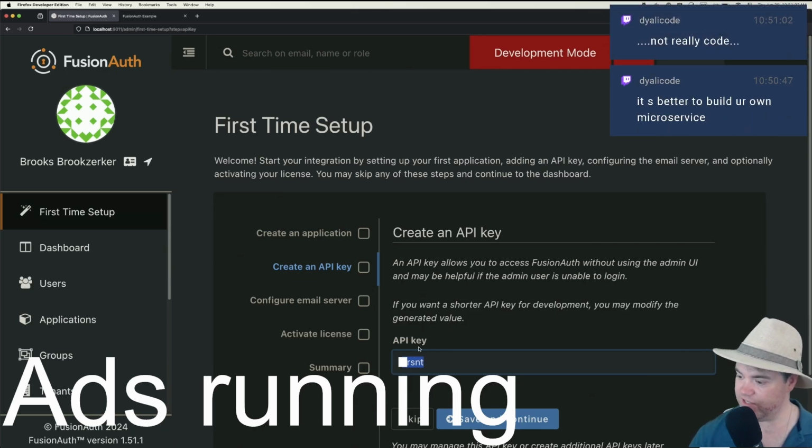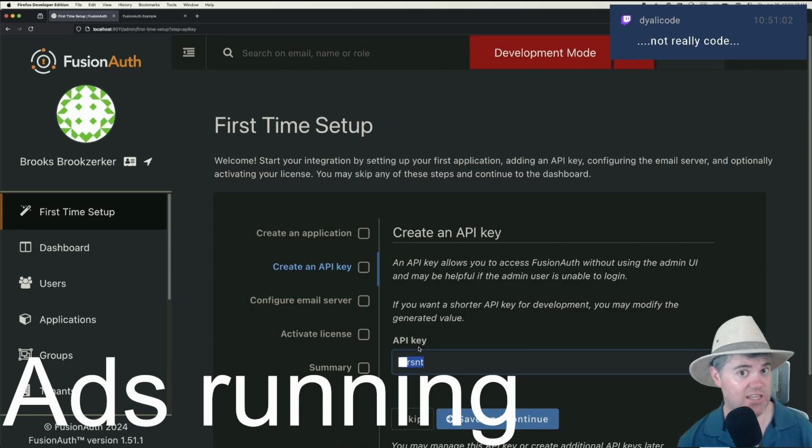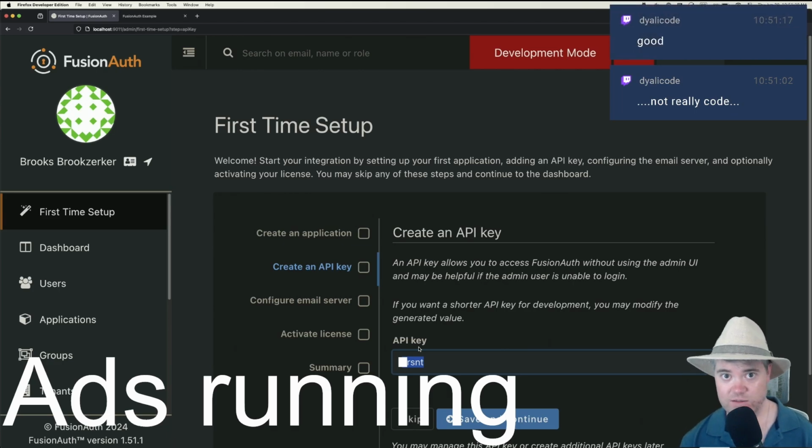Let's see, you already use it for your project. The API is not really code SDK. It's better to build your own microservice. Not really code? I'm not really sure I understand. Like, are you suggesting that